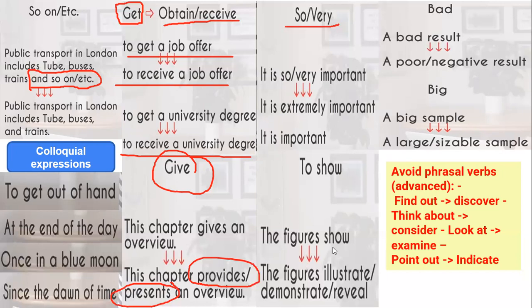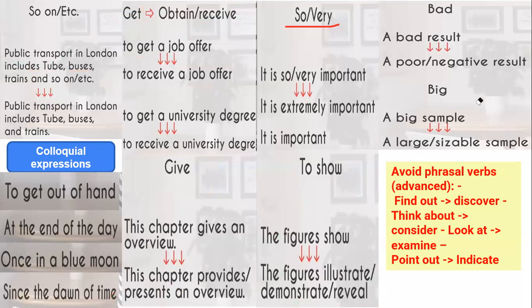To show, the figures illustrate, demonstrate, reveal. এটা কিন্তু যারা হচ্ছে একাডেমিক when you are going with graph writing আপনাদের কিন্তু এটা আসে যে আমরা লিখি that it shows that, so instead of writing it shows that you can go with it illustrate, demonstrate, or reveals that. Then a bad result, a poor or negative result, a big sample, a large or sizable sample. দেখেন ওয়ার্ডস গুলো সুন্দর আপনার প্রেজেন্ট করছে।